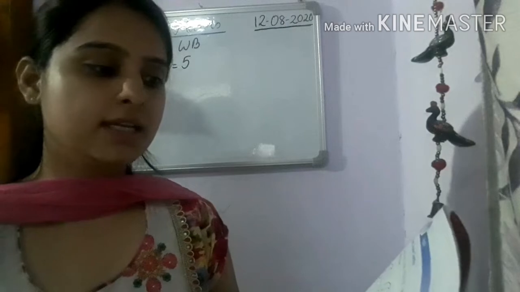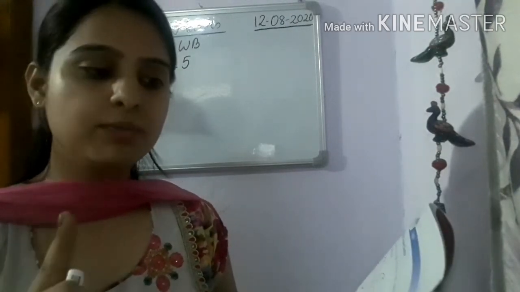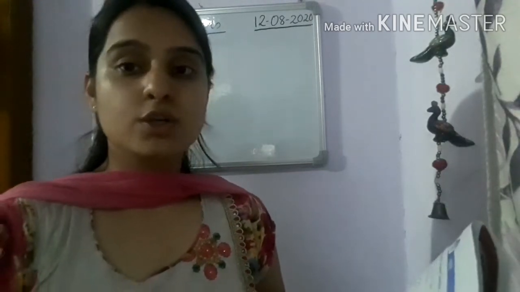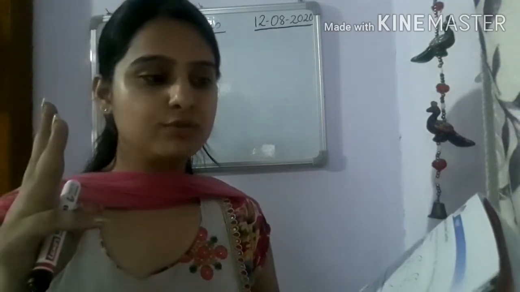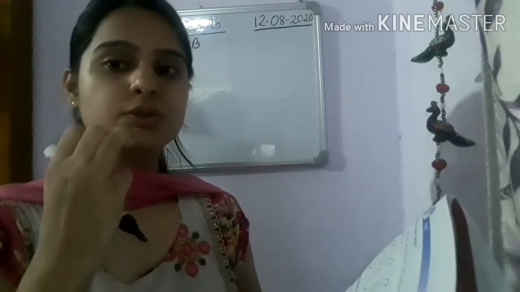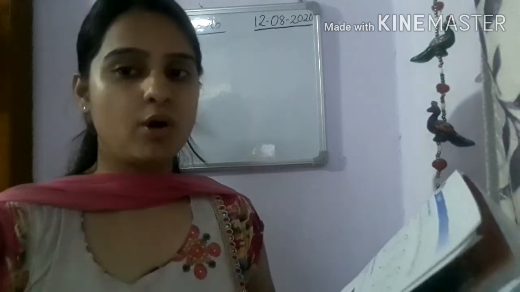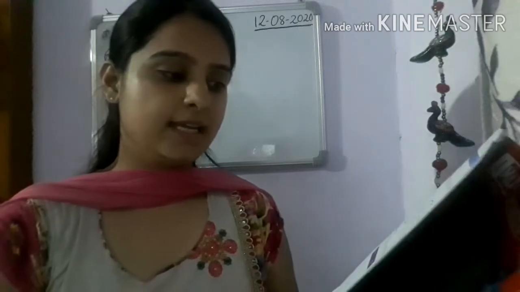Then number 15. Suruchi has 2 balls and Jiri has 1 ball. Color the total number of balls they have. So if you bring all the balls together, how many balls will be there? Just think, children, 2 balls of Suruchi and 1 ball of Jiri. So total 1, 2, 3. So you are going to color how many balls, children? 3 balls.